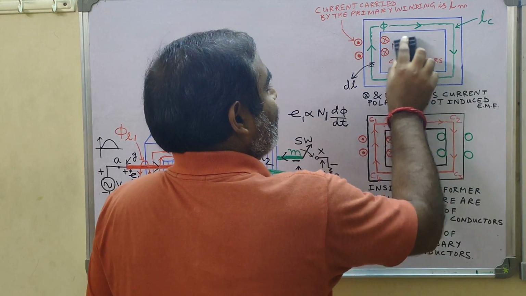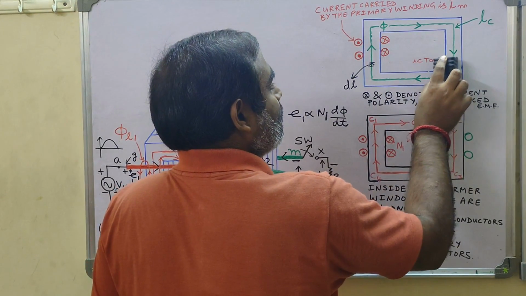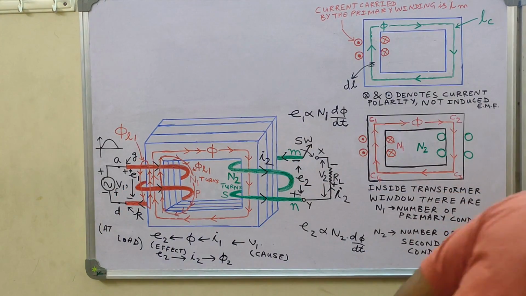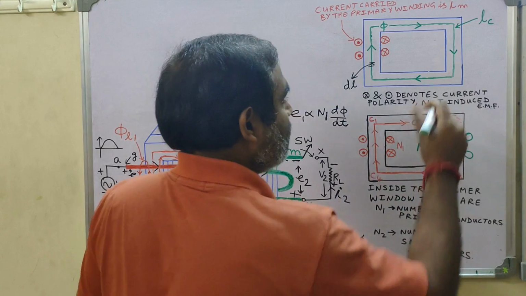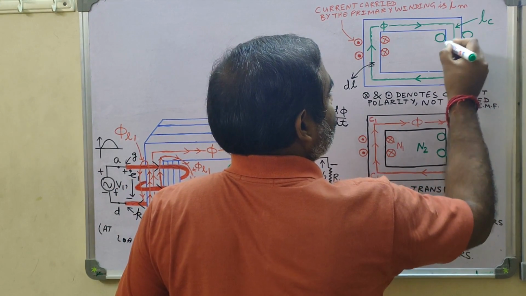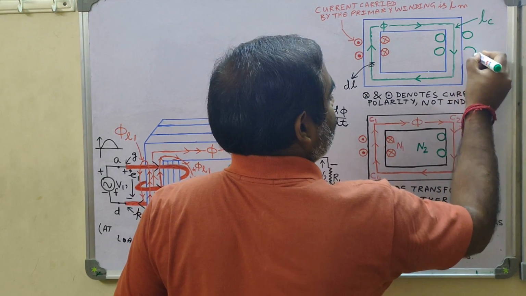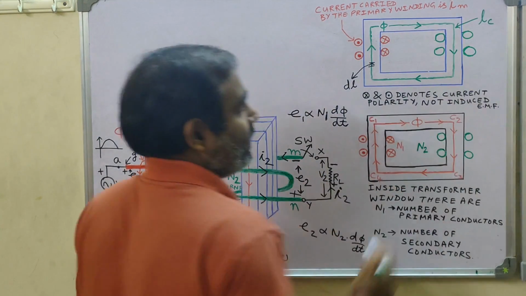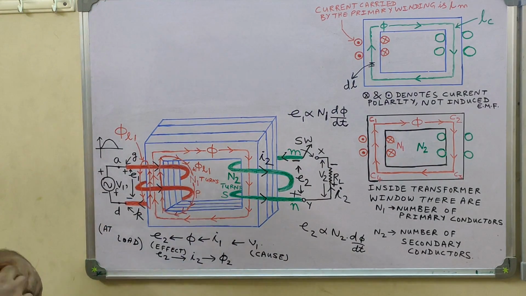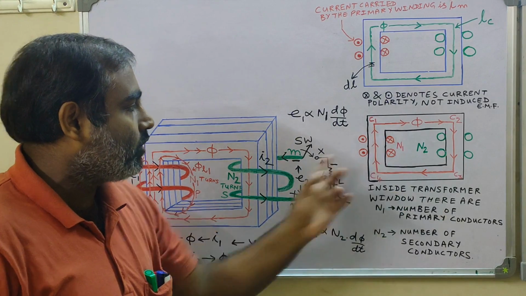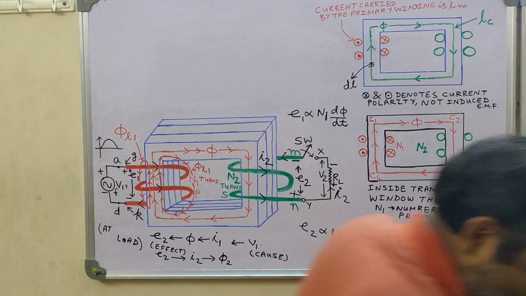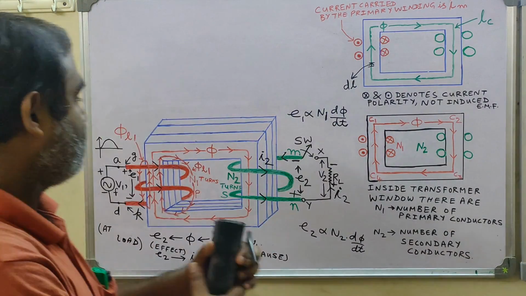So we keep that in mind, and then we actually indicate these two magnetic circuits. One will be at no load condition, another will be at loaded condition. These are the two secondary conductors having N2 number of turns drawn over here. Now regarding this dot and cross which is shown in the cross-sectional view, it is very easy to determine. You just have to visualize the sense of the winding.